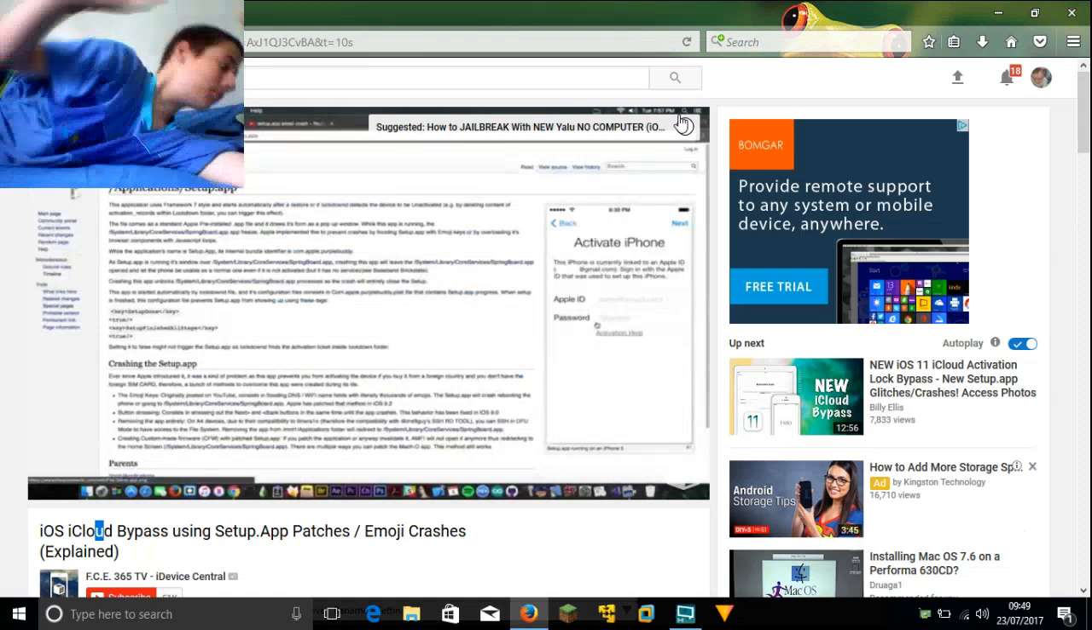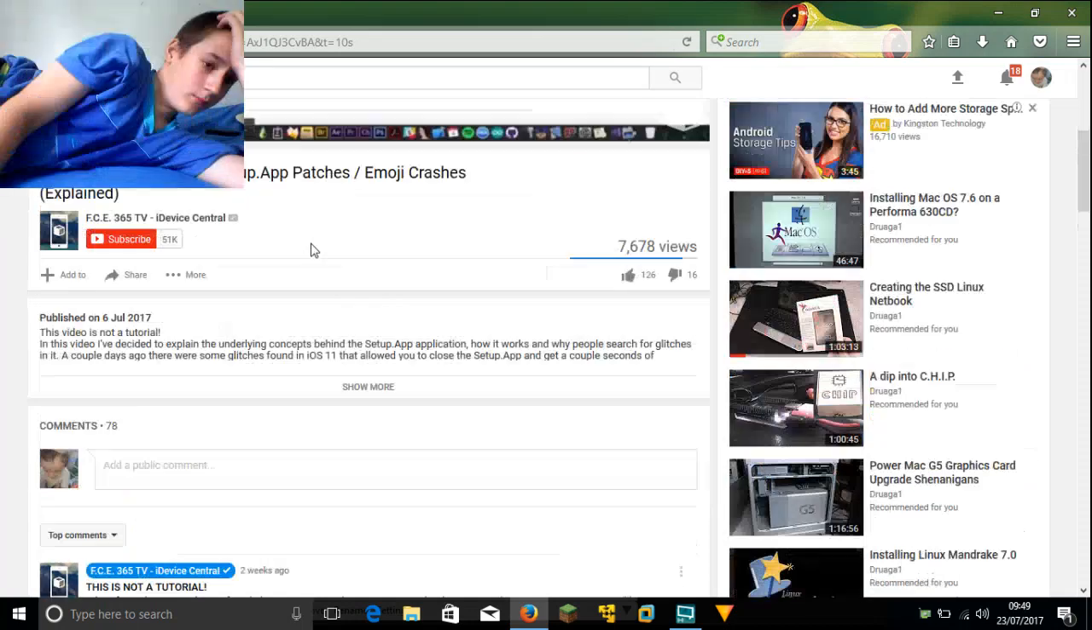But what about the custom-made firmwares? Well, in order to create and restore a custom-made firmware, you do need an exploit. And therefore, this is the